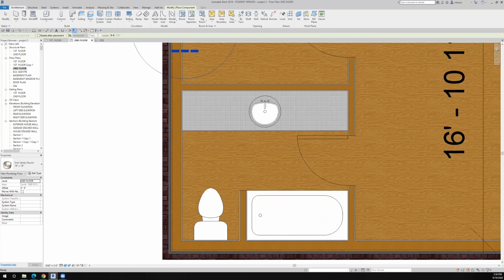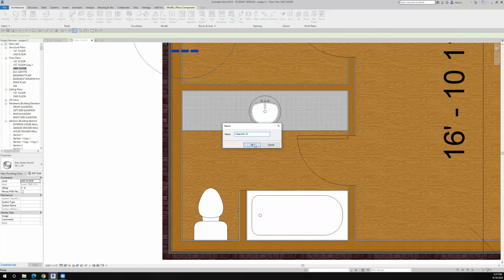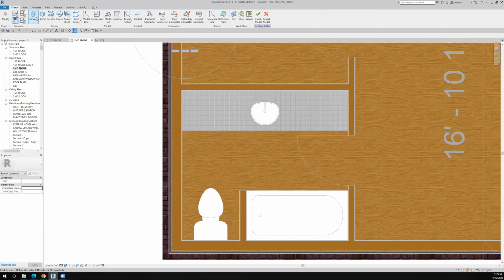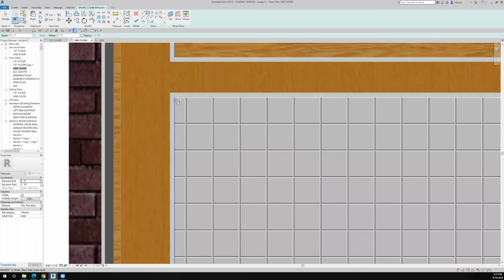I'm going to actually do a component that's modeled in place. We'll still call it casework. Okay. Okay for casework 10. I'm going to do an extrusion with this rectangle. Just come over here and click the edge of the wall. And I'll come over here and click the edge of the wall. And then I'm just going to come back, dimension this guy